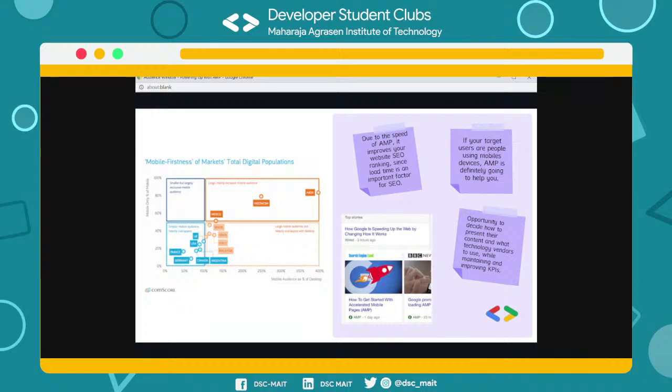And if your target users are people using mobile devices, then AMP is definitely going to help you, because it is strictly prioritizing mobile devices only. So it gives the opportunity to decide how to present their content and what technology vendors to use while maintaining and improving KPIs, the key